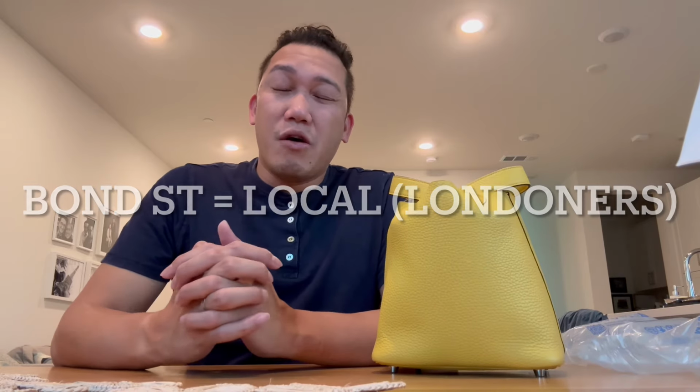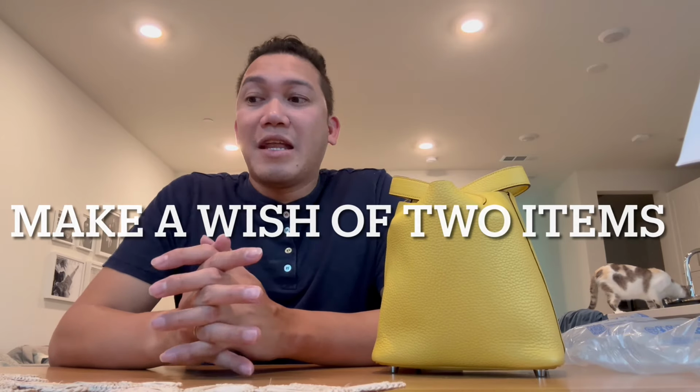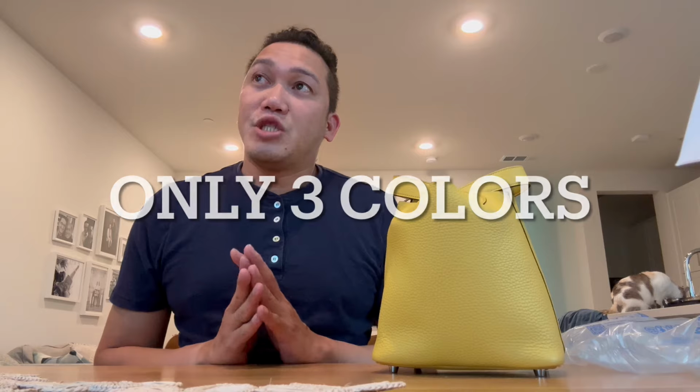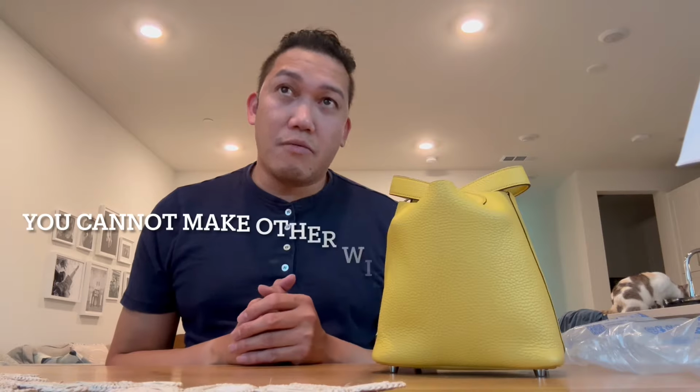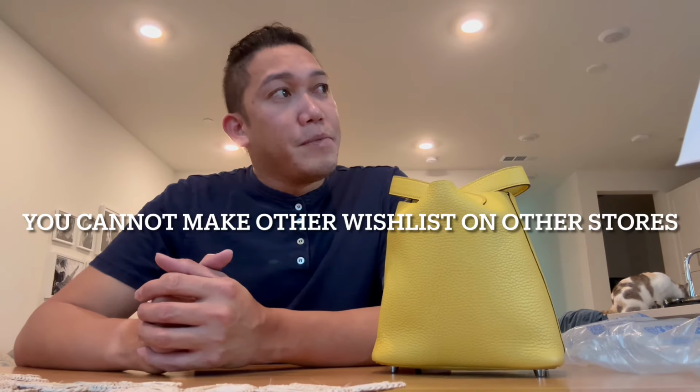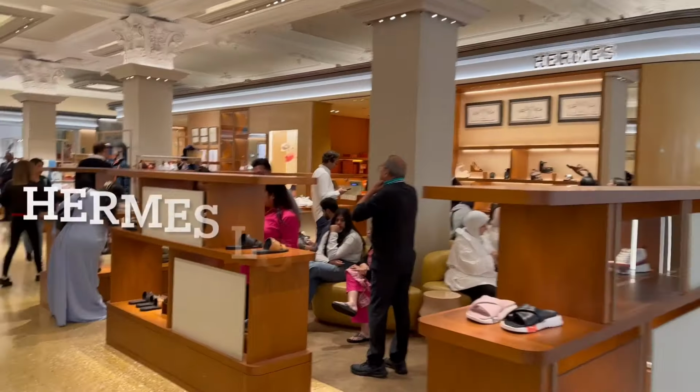the locals in there, but we already put our wish on the wish list, and then she jotted it down, and it's good for a year. If she reaches out to you in a year, she said that you have to pick up the bag within 5 days. And if you don't pick up the bag within those 5 days, you lose that spot already. With the Hermes Harrods,